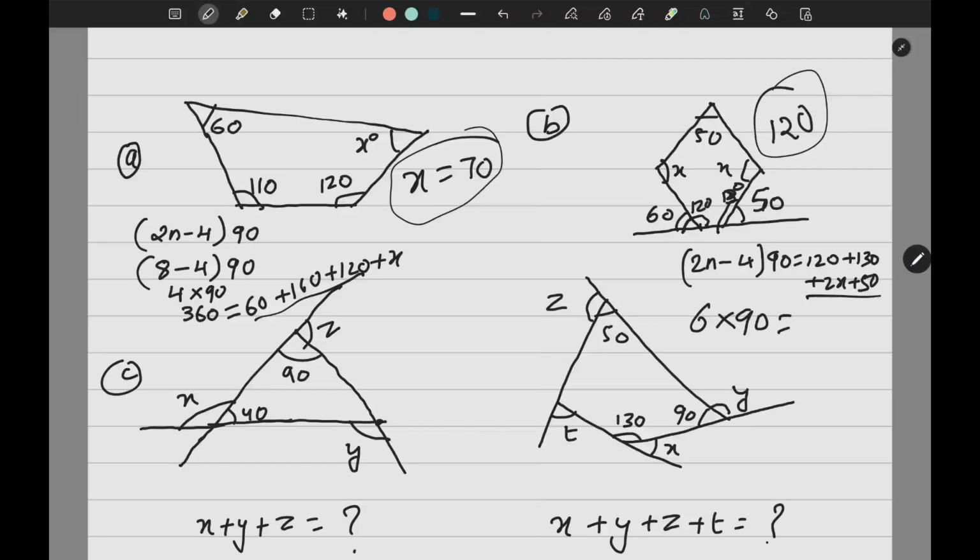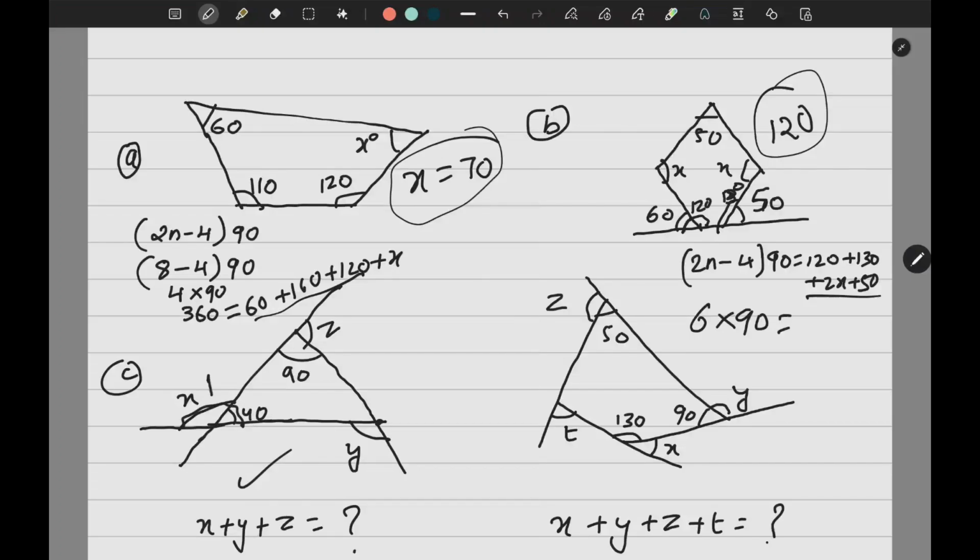Now see, actually here there is no need to do anything more, because they are asking x plus y plus z, and they are the exterior angles, and we know that for a polygon the sum of exterior angles is 360. So that is done. But suppose they are asking for 3 marks, then you have to show something. So you can say it is a linear pair.